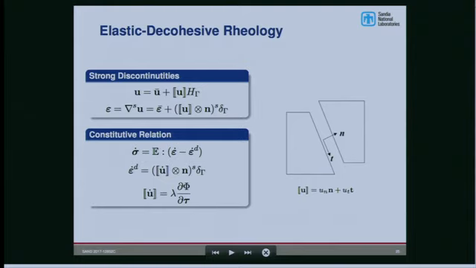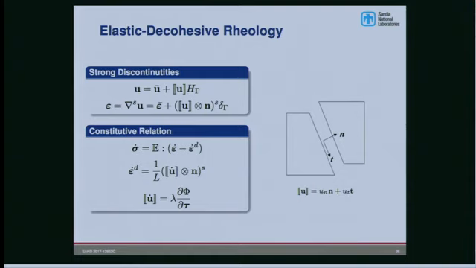So elasticity for the smooth part, this is the smooth part here, and then in order to get the evolution of the jump in displacement, we're using an associated flow rule. In practice, we have to regularize that discontinuity in some way. So we're using a smeared crack type of approach where we have a length scale that's associated with our grid size to regularize.